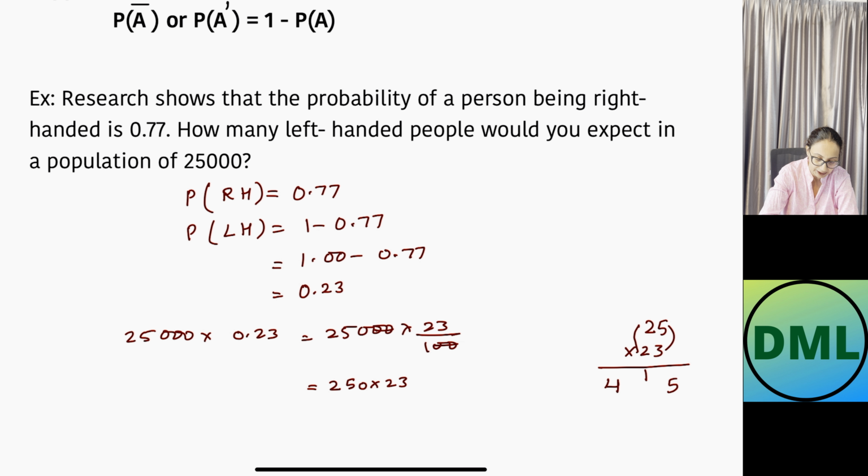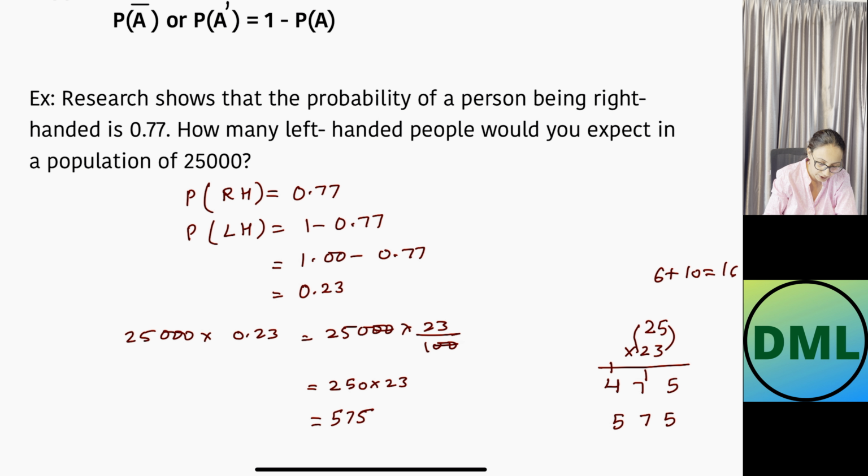Then I need to multiply 2 and 3, 5 and 2, and I need to add it. 3 times 2 is 6, 5 times 2 is 10, 6 plus 10. If I do 6 plus 10, my answer is 16. But there is already 1 carry over here. So that will be 17 here. For 17, you will write down 7 here and 1 carry over here. Let's write down the answer here. 5, 7, 4 plus 1, 5. Your answer is 575. So the multiplication of 25 times 23 is 575.